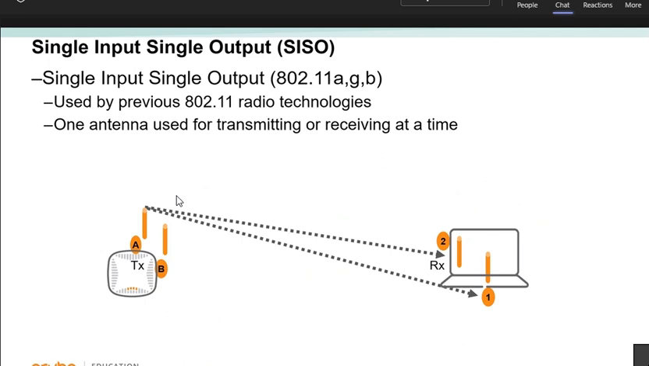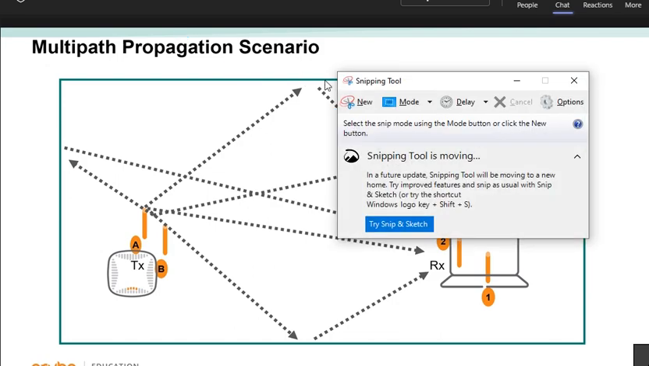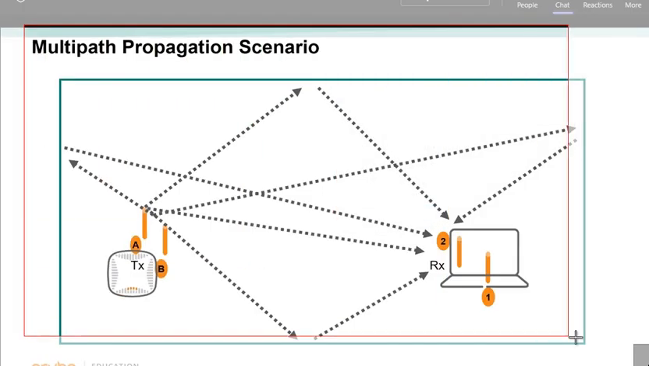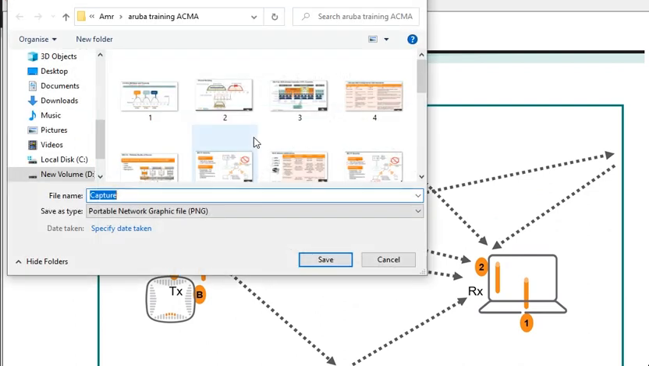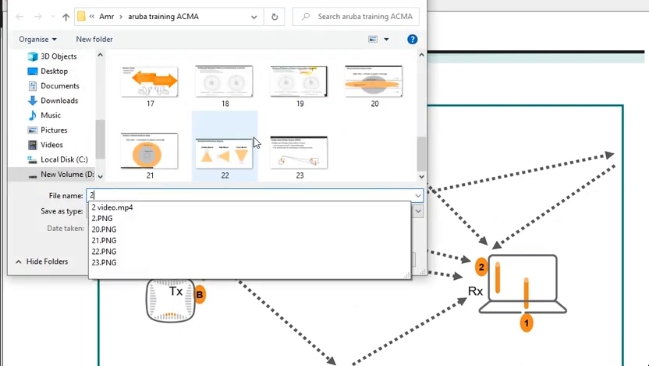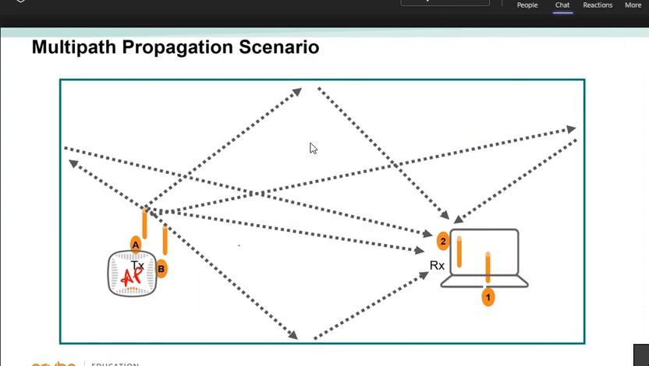These are the legacy techniques of your wireless devices. And one more issue that you had in the previous generation of your wireless devices is the multipath propagation scenario, where whenever your access point is sending any data, assume it is sending the data hello,